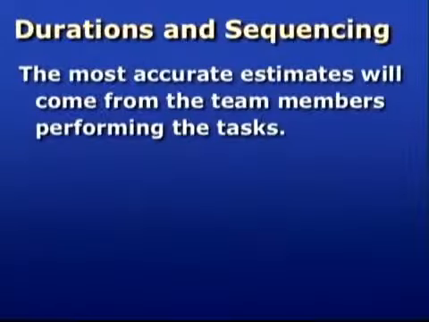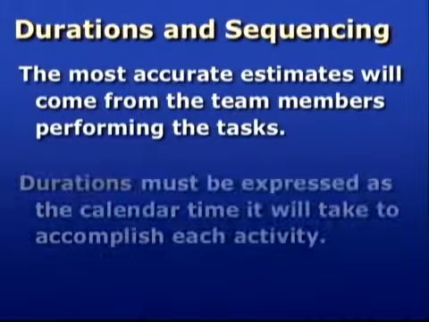Okay, as we've discussed, the objective of the work breakdown structure is to identify all the little pieces of the project, all of the detailed activities that must be accomplished in order to produce the best possible outcome. Once the work breakdown structure is completed, 2 more pieces of information must be added for each task: the duration and sequencing. The project manager must get duration information from the team members performing the tasks.